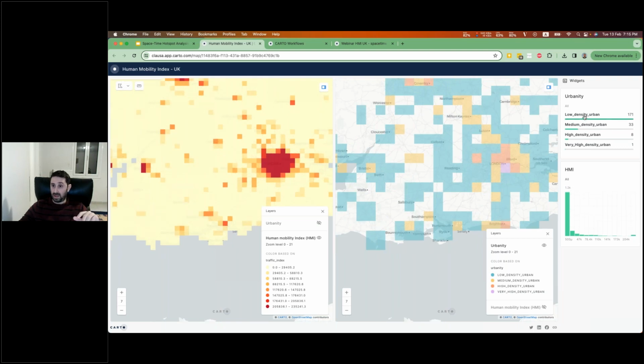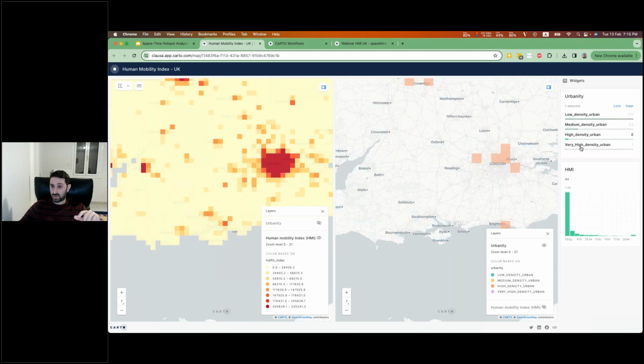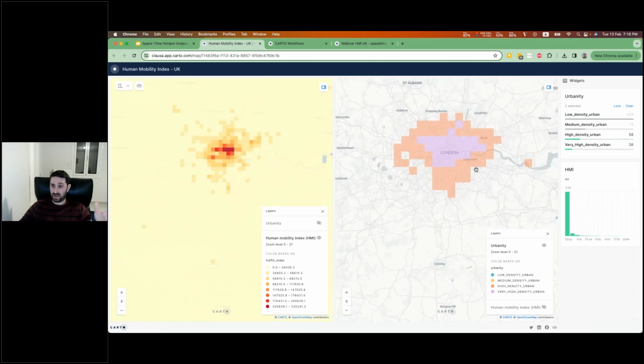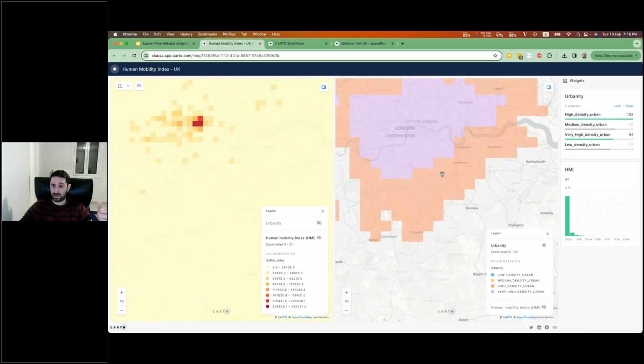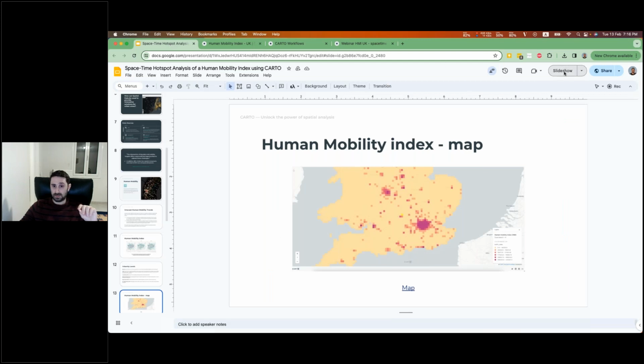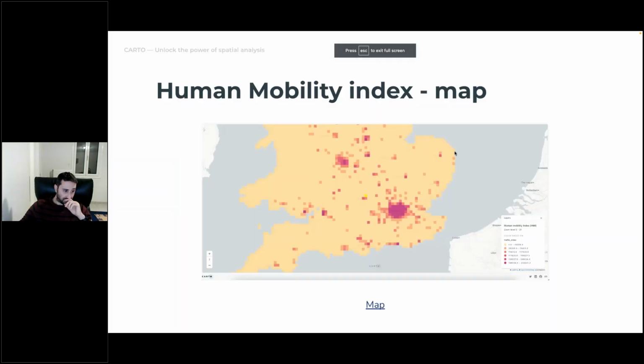Now, of course, here we can also filter, and keep the areas that are very high density urban and high density urban, and by coupling these two, we can keep only the data that is required. Now, going back to the presentation,